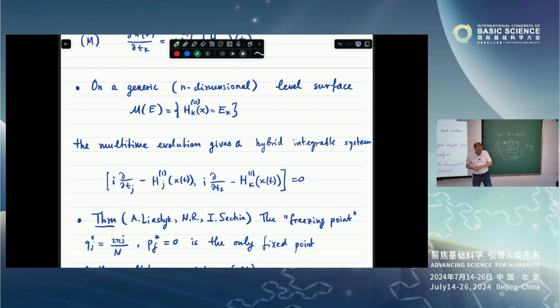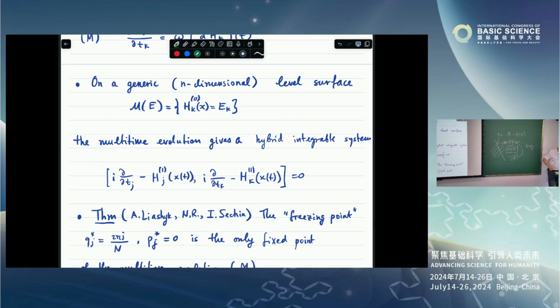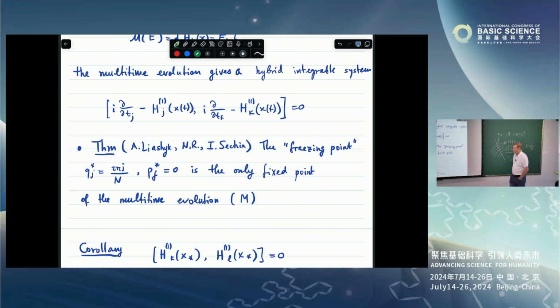But now let's look at the degenerations. So it turns out that there is a freezing point, which has been computed by many people from different angles. So I think we proved it first. I mean, we're still trying to figure out whether it's an original result or whether Lasse Fächer already obtained it. Some Ruijsenaars obtained it. Okay, so the result is the following. There is a freezing point, the fixed point. P equals 0, Q are equidistantly distributed on a circle.